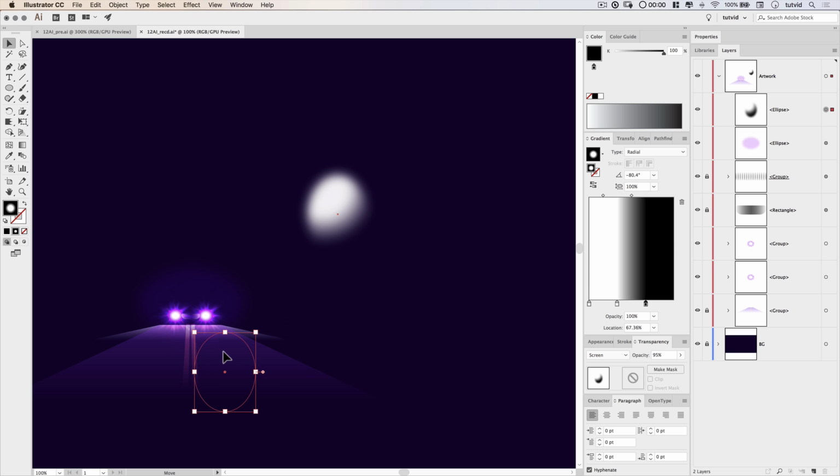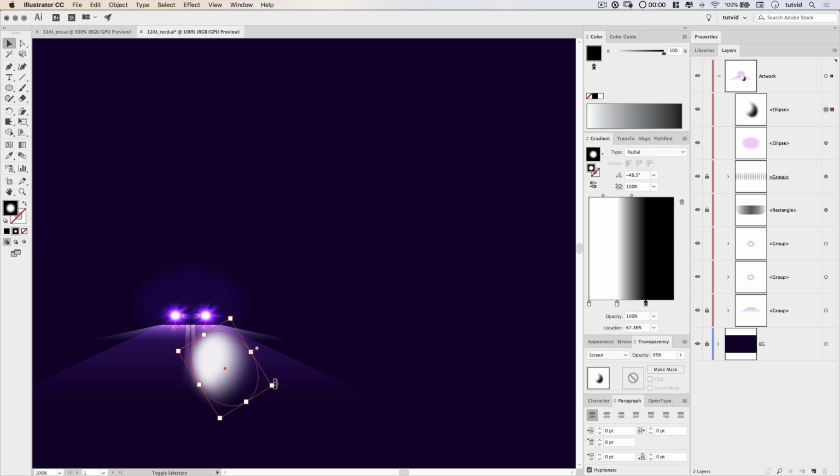Now I'm going to drag this down, and I'm just going to rotate it kind of until it looks right. And whatever right is, you'll kind of know it when you see it. I'll adjust the shape a little bit. I'll maybe tip it over some more. I'll extend it out a little more. I'll pull it over a little bit more. I think something like this, yeah, something like that will kind of work for us.